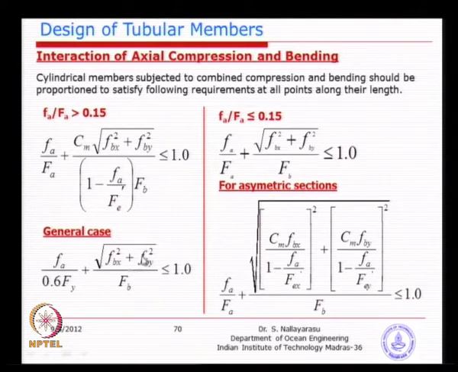Basically we compute the components. For example, if the bending stress is 0, then the ratio here can go as much as 1. Now, if you have the axial stress ratio, FA by 0.6 Fy, and the fraction comes to be say 0.7, what can you have for bending? Only 30%. So, 0.7 plus 0.3. Now you can see a summation of the effects of axial plus bending. That is basically called the interaction between axial and bending.